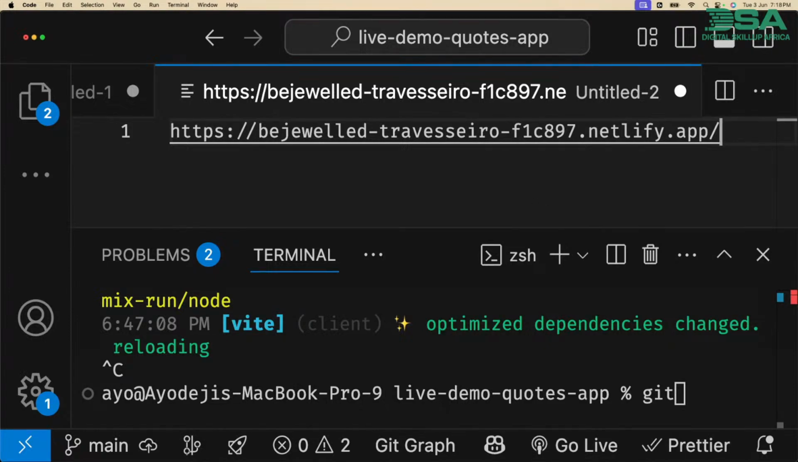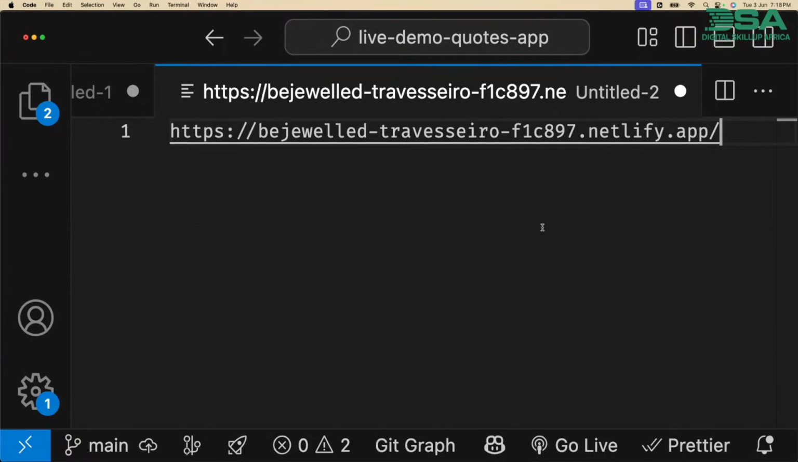Hopefully you guys can see it. I've tried to increase the font size. So that's the link to the app, right? You can click on it and play around with it